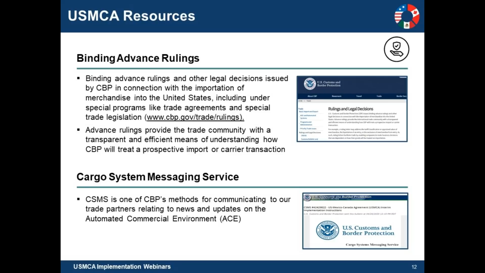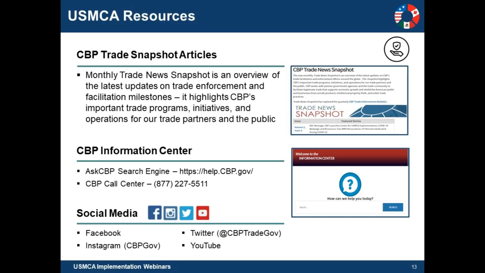cbp.gov/trade/rulings. Also, the Cargo Systems Messaging Service, or CSMS, is one of CBP's methods for communicating with our trade partners regarding news and updates on CBP's Automated Commercial Environment, or ACE. Next, CBP's monthly Trade News Snapshot provides an overview of the latest updates on trade enforcement and facilitation activities. And Trade Snapshot articles also highlight many of CBP's important trade programs, initiatives, and operations for our trade partners and